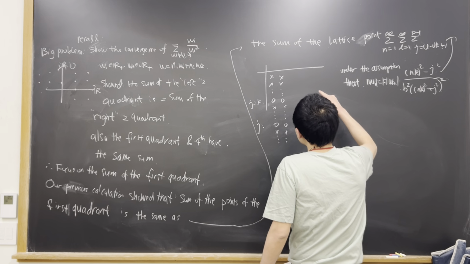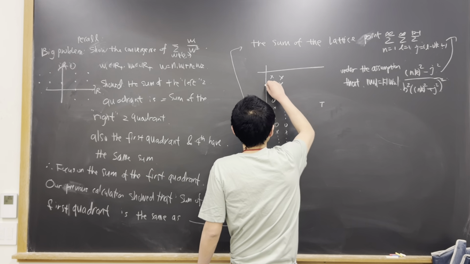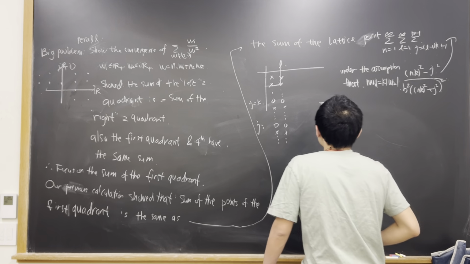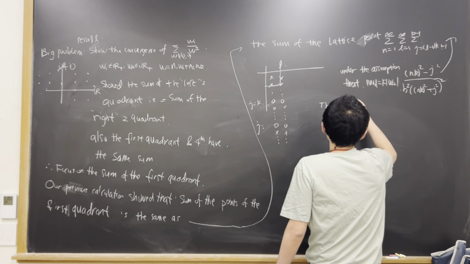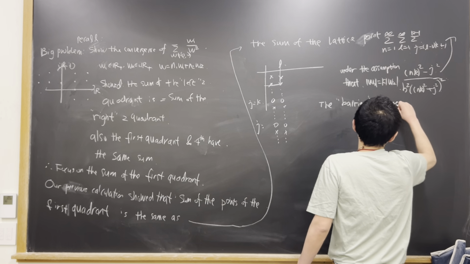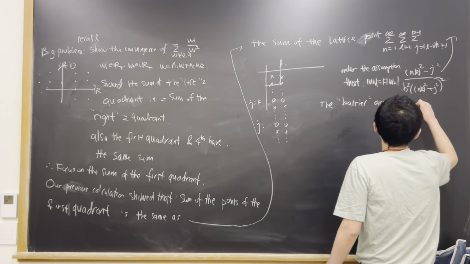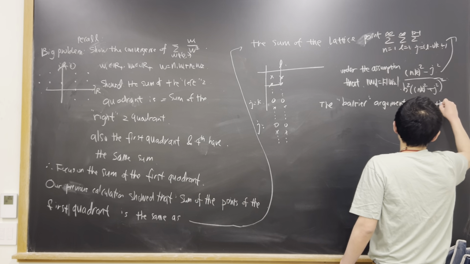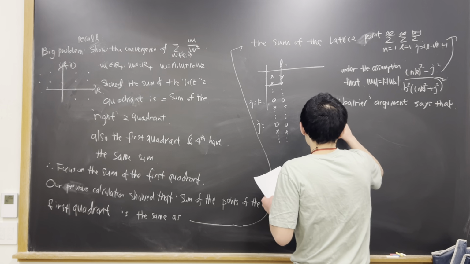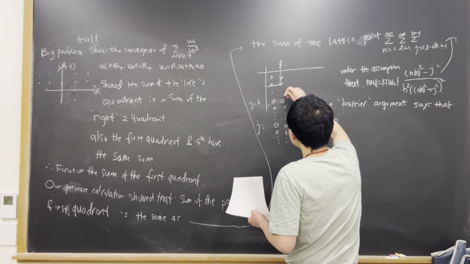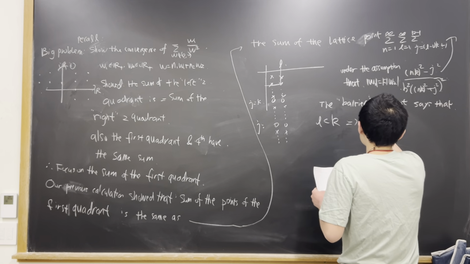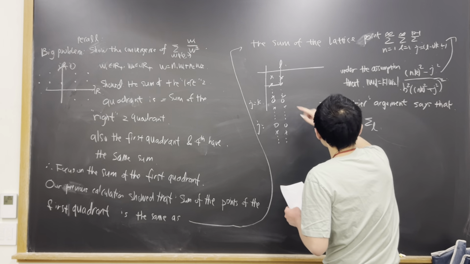The barrier argument says that for the points that lie in the barrier with the distance L, if this L is less than K, where no points are omitted,